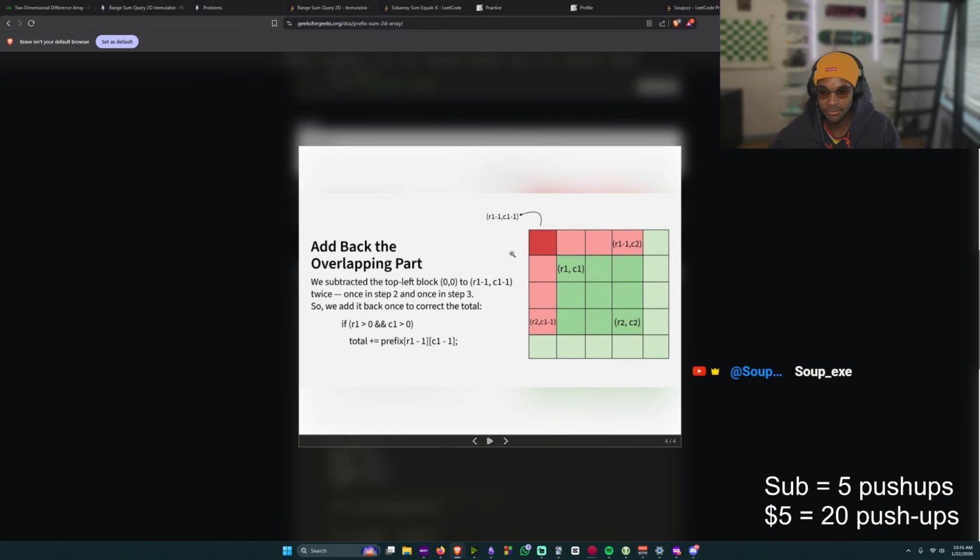Okay, so we have to add back the overlapping part. We subtract the top left, 0, 0. This is so much more complicated than the 1D prefix sum.